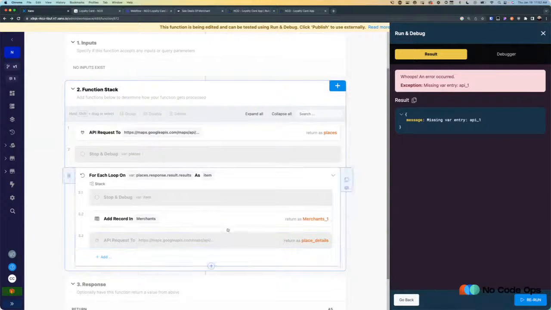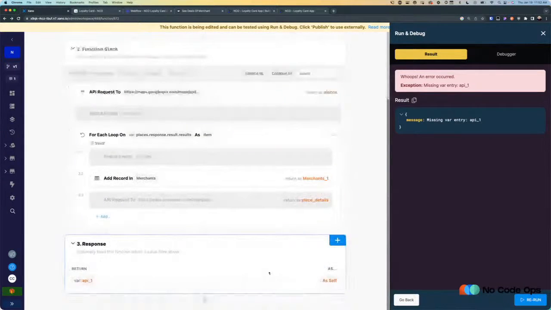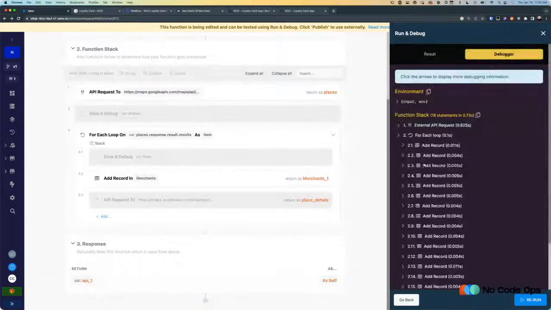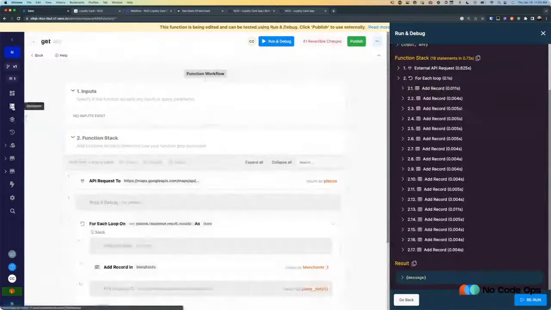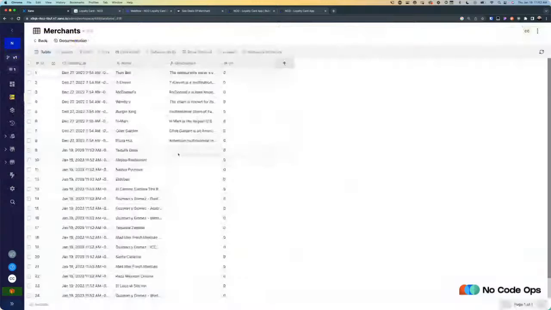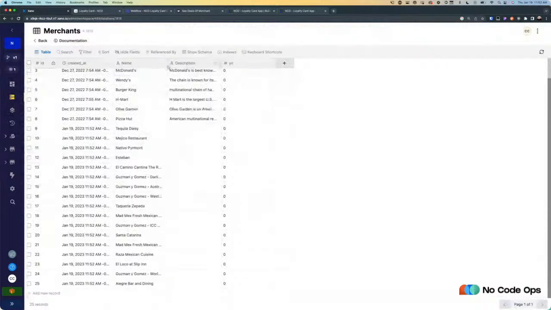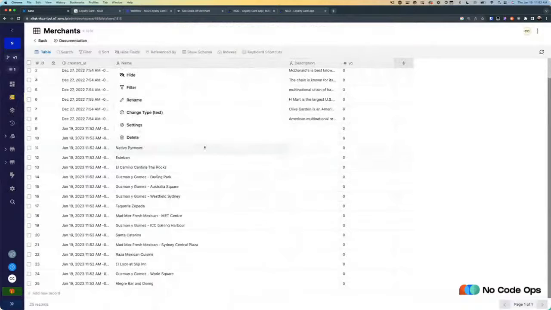And it looks like one of these... Oh no! So in my response, I had it returning a variable that doesn't exist. But we can look in the debugger. You can see all of these records that were just added to our table. So let's actually check that table. And you can see the names for all of those restaurants, and this was just populated from that Google Places